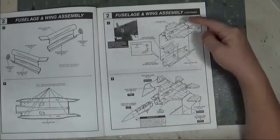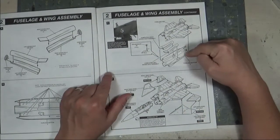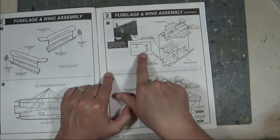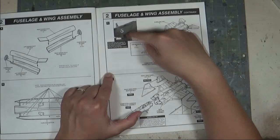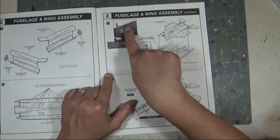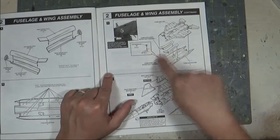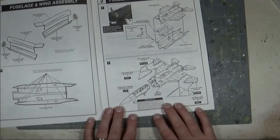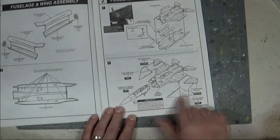Moving on to this side, you're actually gluing the two fuselages together with the intakes in place, and you also have to put the cannon muzzle in here. You have a little picture showing exactly where that goes, so you can make sure you orient it properly on the side. The next step, pretty big step here, we're only at the end of step two, and the main fuselage assembly